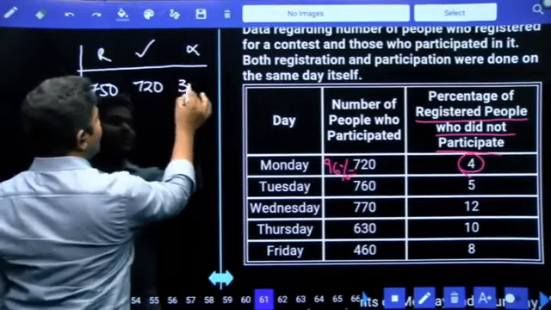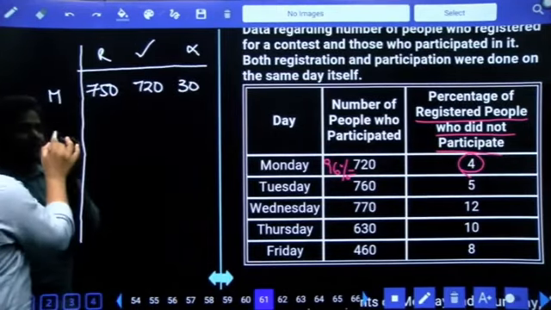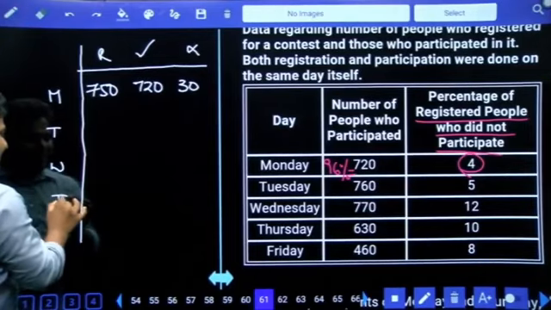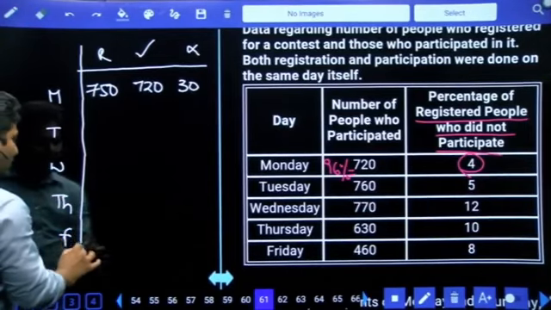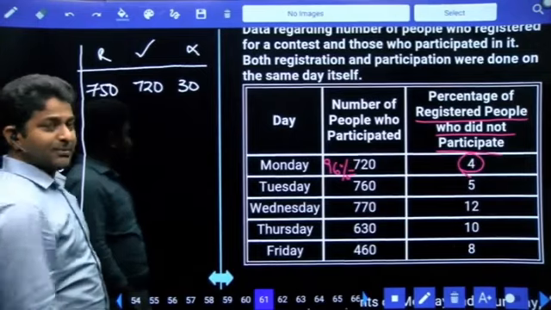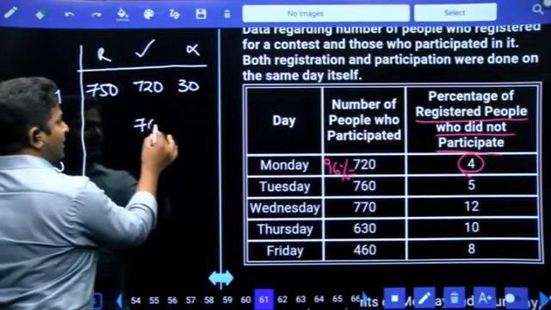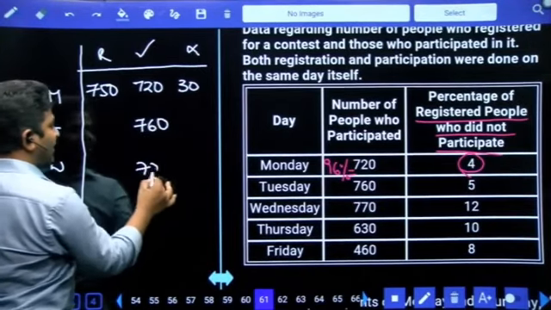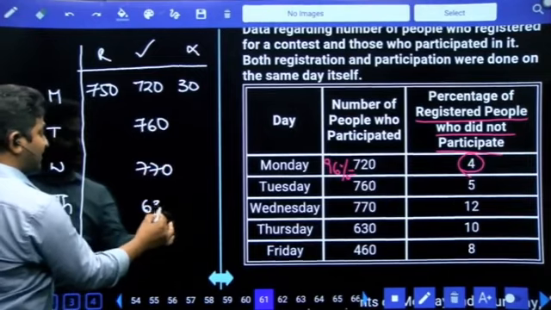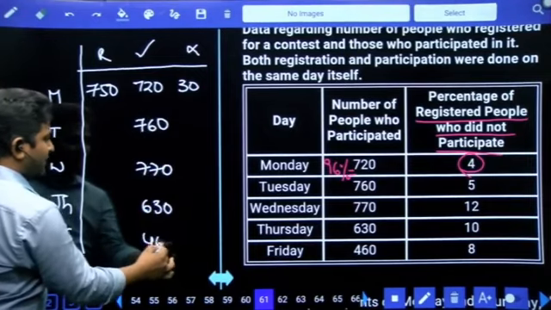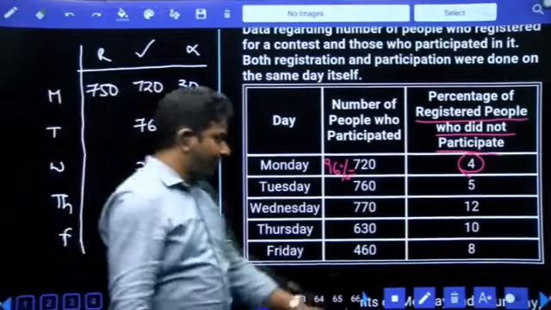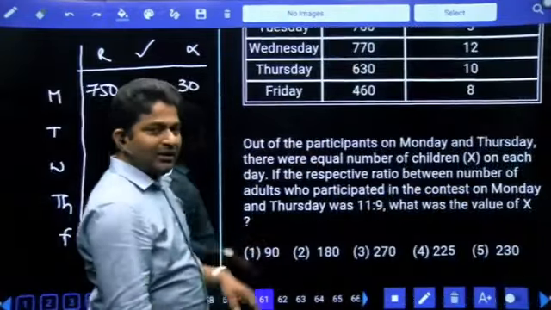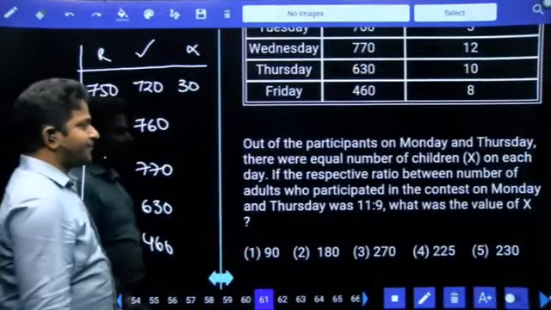Now, this is how you have to convert other details for Tuesday, Wednesday, Thursday, and then Friday. Don't convert all the values because you know how to do it. Let us try to convert and fill the values when it is really required. You're not supposed to complete because you know how to do it. Now let's start questions and then we'll try to fill these numbers.